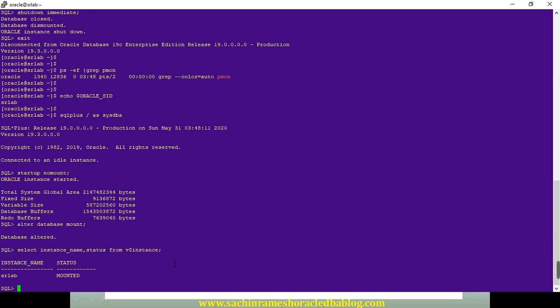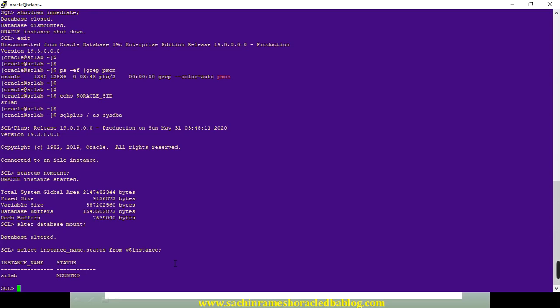At this stage it will read up to the control file header. Now we will issue alter database open. It will read the control file header SCNs, data file header SCNs and redo log file header SCNs. All the SCNs will be matching up. Then only it will go for the open stage.